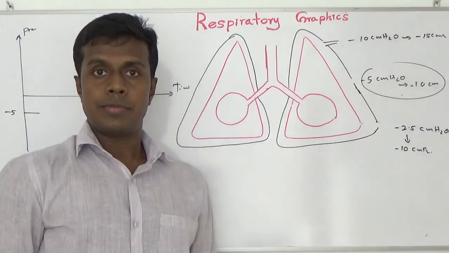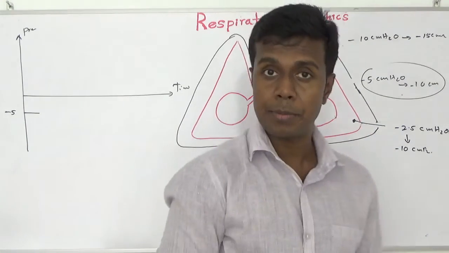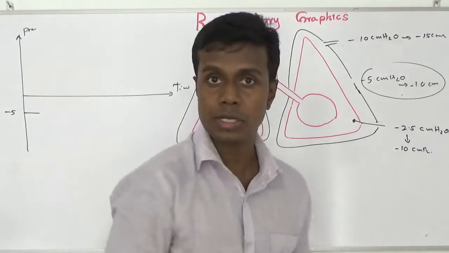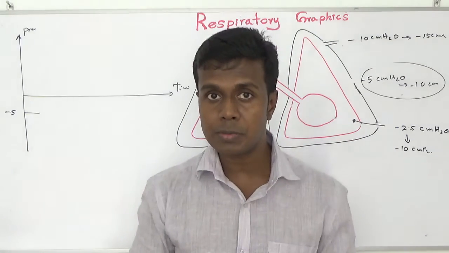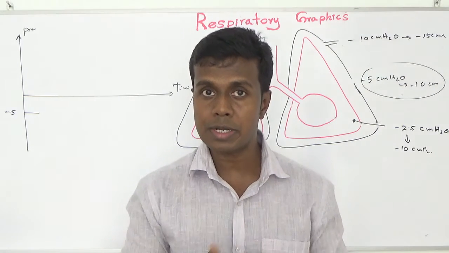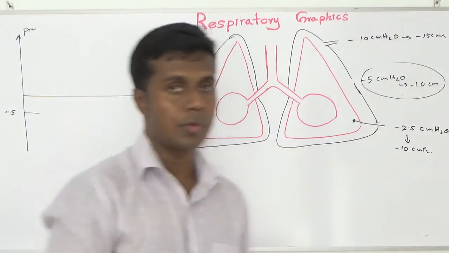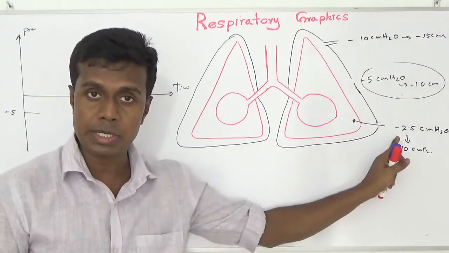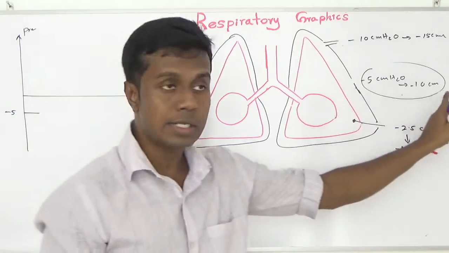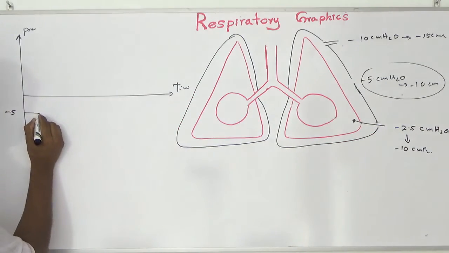I am going to take a breath. I am going to insert a probe into the lung parenchyma and measure the pressure there. It should nearly correlate with pleural pressure, because when pleural pressure is more negative, parenchymal pressure also should be more negative. When pleural pressure is less negative, parenchymal pressure also must be less negative. So I am going to measure the pressure here. Initially it is minus 5, then it gradually drops to roughly minus 10 with inspiration.